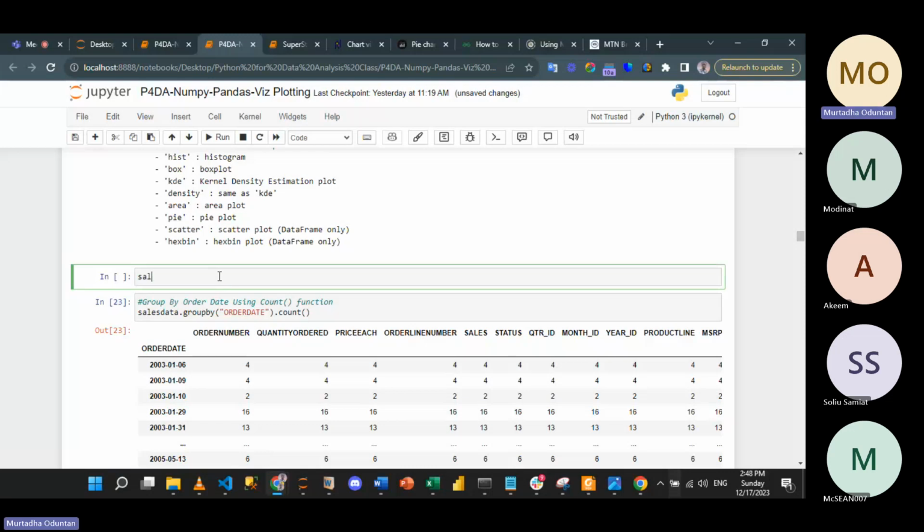So we showed ourselves yesterday how we are able to group by columns, and we talked about grouping by the order date, and then we mentioned the aggregation function that comes with it, depending on what we want. So we want to see, let's say, the sum of